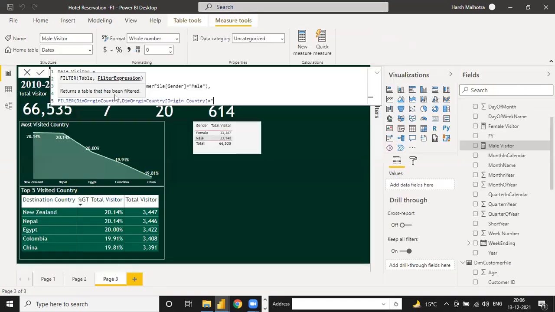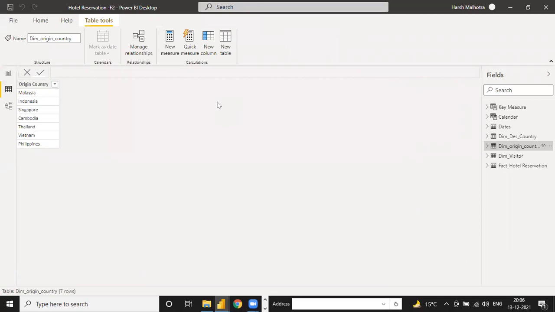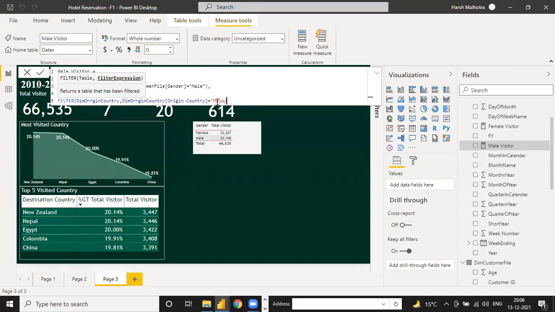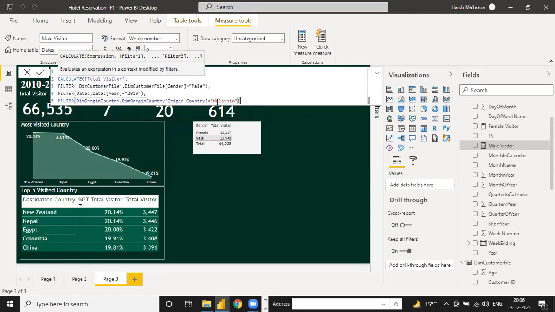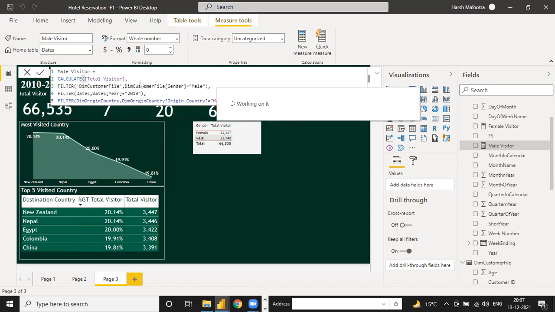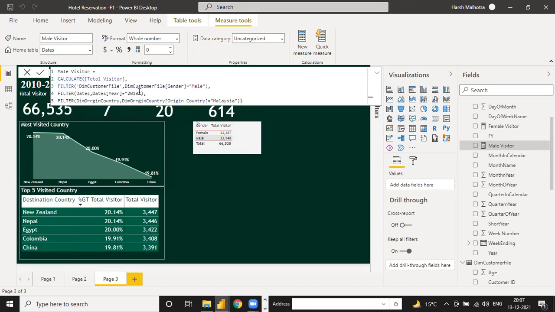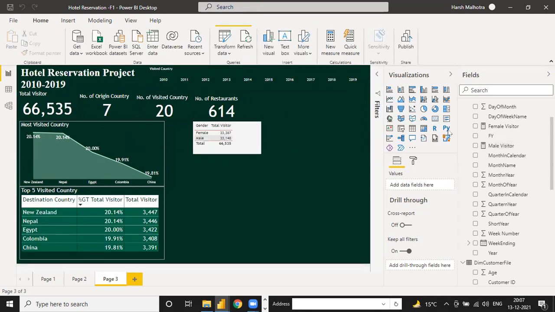Okay, Malaysia. So just write it here as Malaysia. This means you need the total visitor of male for 2019 and only for Malaysia. If you press enter, this value will be only for male visitors from Malaysia and only for 2019.